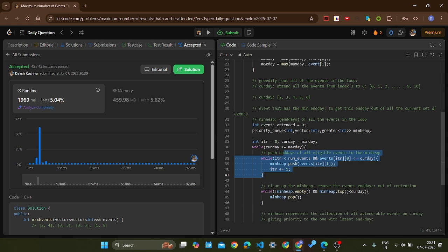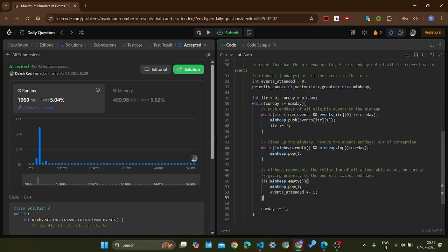Then we are cleaning up the heap, so that we don't consider attending any event which can't be attended because we have moved past its end day. And if we still have any event that we can attend, we are just attending the most priority event, which is the one having the earliest end day.